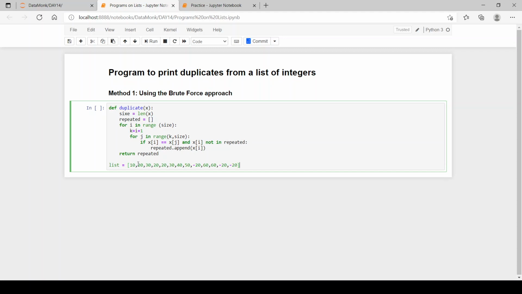Now what will happen is only 20, 30, minus 20 and 60 will be printed because they have duplicate values.